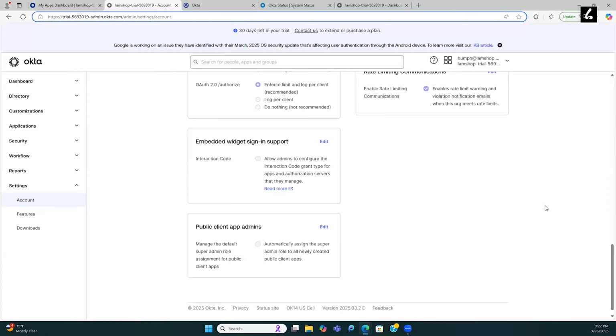Automatically assign the super admin role to newly created public client apps. I have no idea what that is. What's that about? As I mentioned, every org has different administrators like super administrator, help desk administrator, and so on, right? So if you create any application, and you select this option called automatically assign the super admin role to the newly created public application,